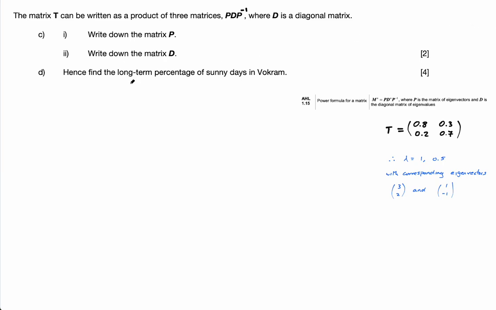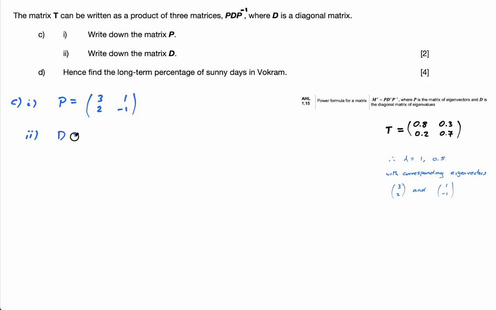Now what that means is, let's write this down. The matrix P is easy because I have T from the previous video. These are the eigenvalues and these are the eigenvectors. So P is the matrix of eigenvectors. So P is equal to 3, 2, 1, minus 1, because my eigenvectors are (3, 2) and (1, minus 1). That's it. Now you could put 1, minus 1 first and then 3, 2. That's fine, but just make sure that your D